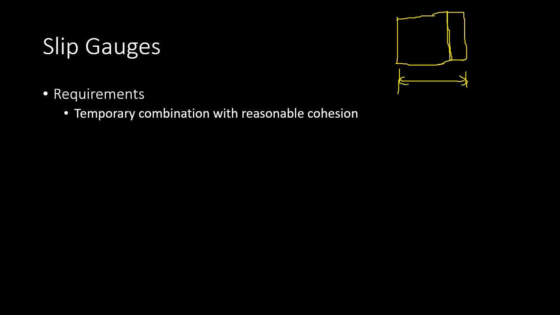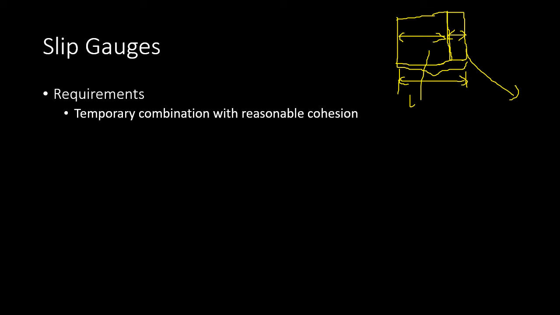Okay. So if we want to measure that much length, then the thicknesses or the sizes of two slip gauges, so this is the size of this slip gauge, and this is the size of another slip gauge in this pile or in this combination, and when the two sizes are added, we get the dimension to be measured. Once this measurement is done, these slip gauges are separated. Okay, they are separated and then again kept back into their box.